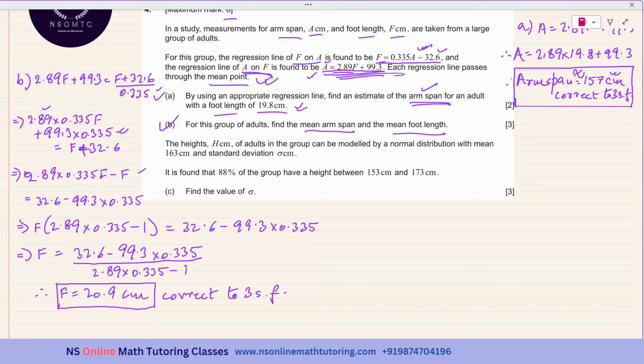And again, I can use this equation to get the corresponding arm span, but over there, I will not be using 20.9 for the value of f. I'll be taking at least 5 significant digits. I'll be using the calculator, so I'll be taking the entire answer. But even if you cannot do that, at least take 5 significant digits for any subsequent calculation. Okay. So therefore,